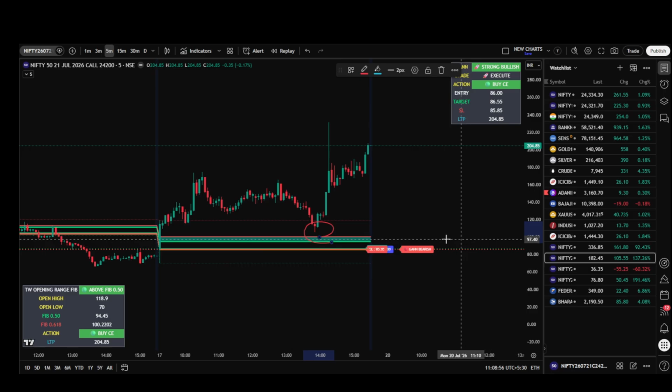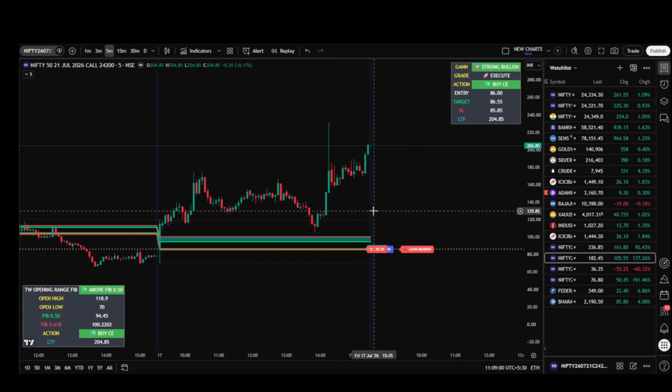You can draw levels because these are all fixed levels. You all know that these are all fixed levels. With the open price, it happens. As soon as the market is open after 9:15, you can see